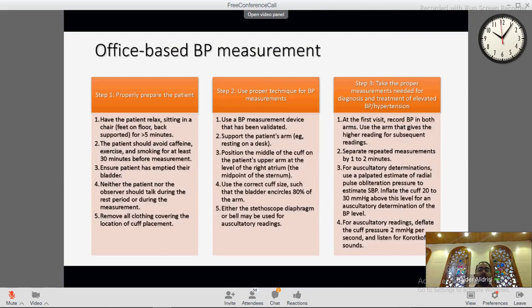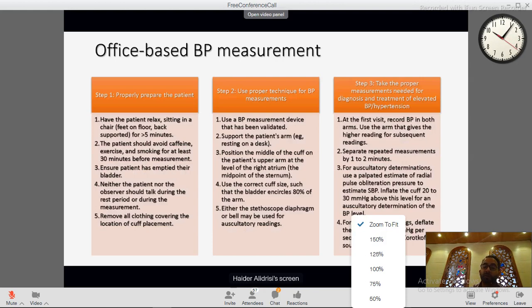So you have to remove the clothing at the side for the placement of the cuff. Step 2 is the proper technique of blood pressure measurement. The first thing, you have to use the ideal and validated device. A sphygmomanometer is considered a validated device, and some of the automated electronic devices are also considered validated devices for